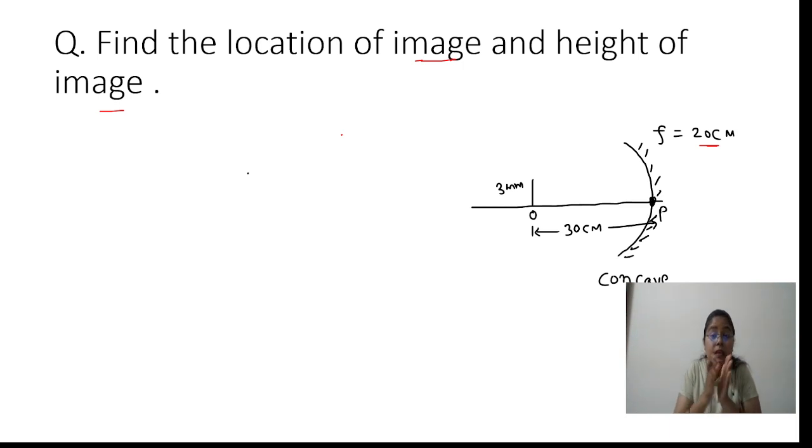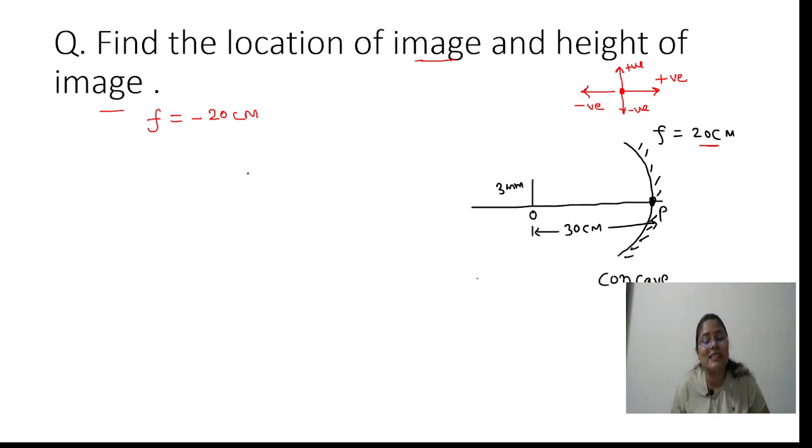So my dear student, look carefully at this picture and give the answer. First, I ask a question: what is the focal length, positive or negative? When you use a concave mirror, focal length is always negative. So the focal length is minus 20 centimeter here. Clear? Done. And in the last slide we discussed that the pole behaves like the origin. Forward distance is always positive and behind distance is always negative. Upward distance is positive and downward distance is negative. Then the object is behind. So what is the distance of the object?